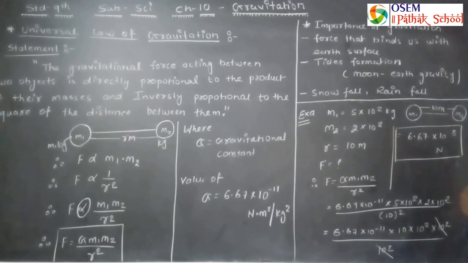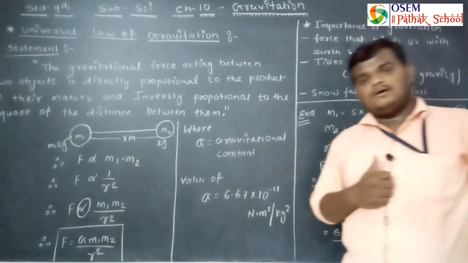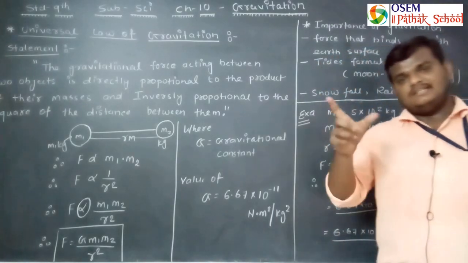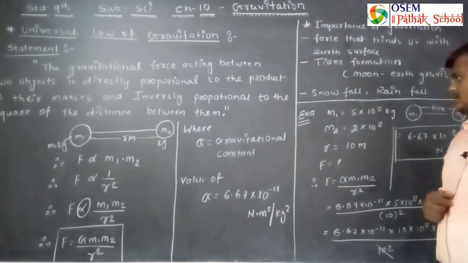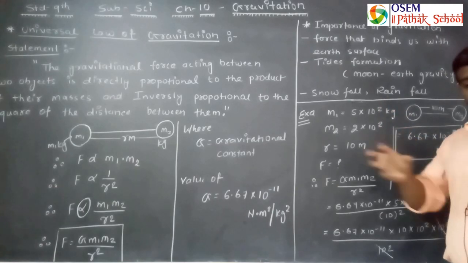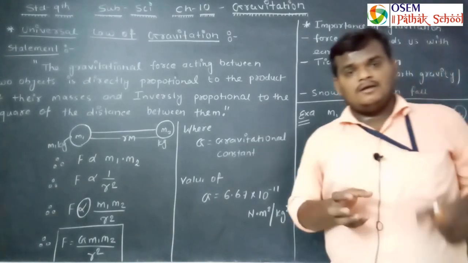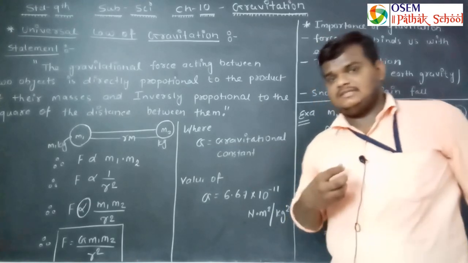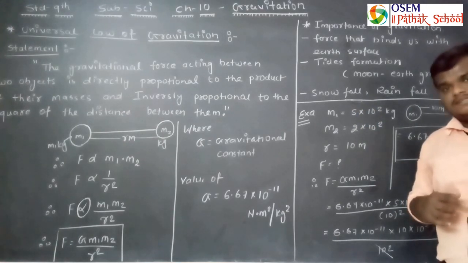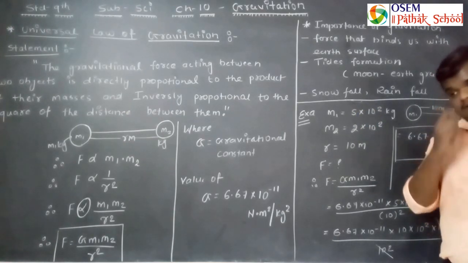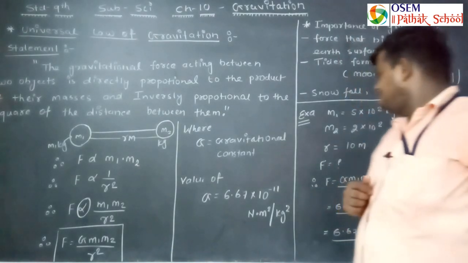Second is tide formation. Tide formation is done by the gravitational force acting between moon and earth. Moon has also mass, earth has also mass, so there is a distance between moon and earth, so that's why gravitational force also acts there. सो ग्रेविटेशनल मोमेंट होने की वजह से होता क्या है कि कभी कभी अर्थ मून को खींचती है, मून अर्थ को खींचता है. That's why जो वाटर लेवल है अर्थ पे वो मूव करता है. So that's why tides are formed, and by the generation of tides we can generate electricity easily.